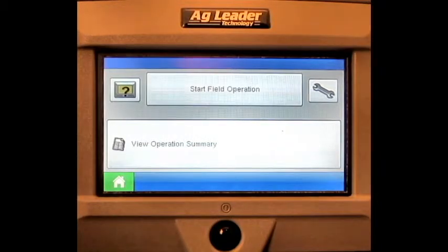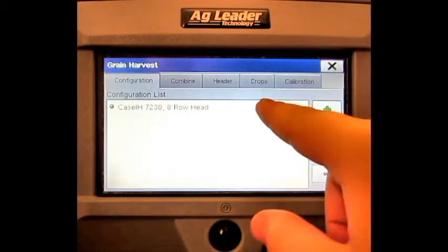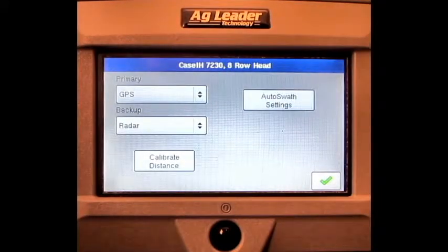In this video, we will cover how to do a combine distance calibration on the Ag Leader Edge display. From the home screen, press the Setup button, press Harvest, select the correct configuration, press the double-ended wrench, press Calibrate Distance,